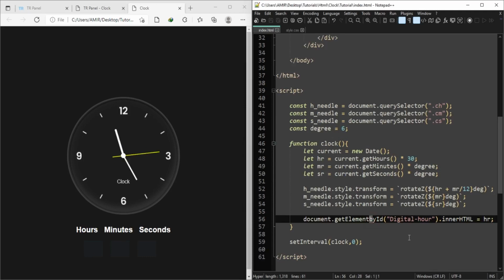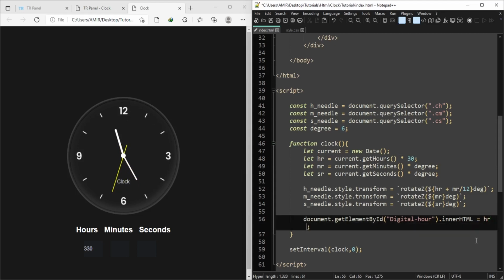Change this b to bigger B. Now if you see, it is giving you rotation, not hours, because you multiplied by 30. 30 is the rotation between them. It is multiplying your hours with 30 to get the rotation, so you need to divide by 30. Now you can see it is giving you the required hour.